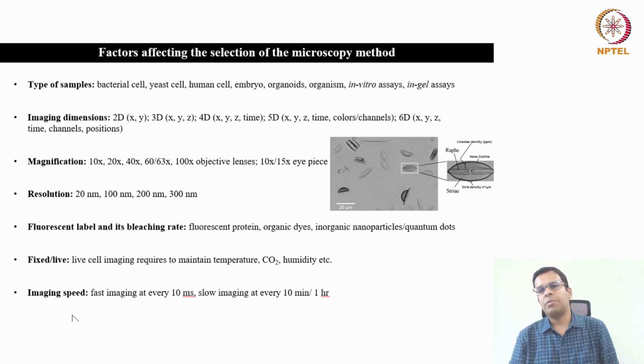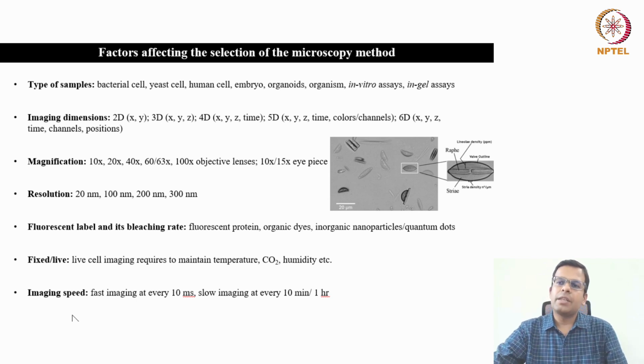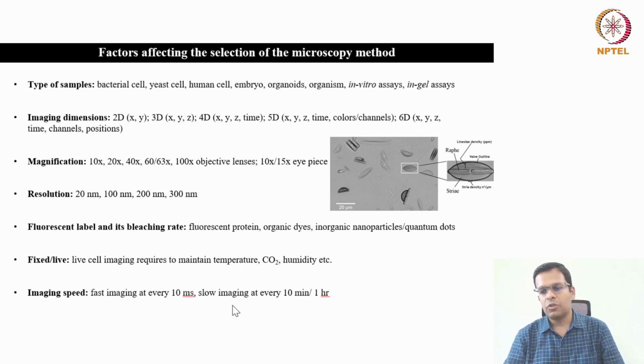So suppose you want to image the entire process of cell division, then that process takes, let's say, 1 hour. Okay, so it is okay if you image at every 5 minutes up to 1 hour to see how the cells are actually segregating the chromosomes or how the cells are dividing. But let's say if you want to study how the protein binds with DNA, and that protein binding to DNA is quite a fast process, so you may need to image those phenomena at every 10 millisecond interval. Okay, so imaging speed is also one of the very important factors in determining your microscopy technique.